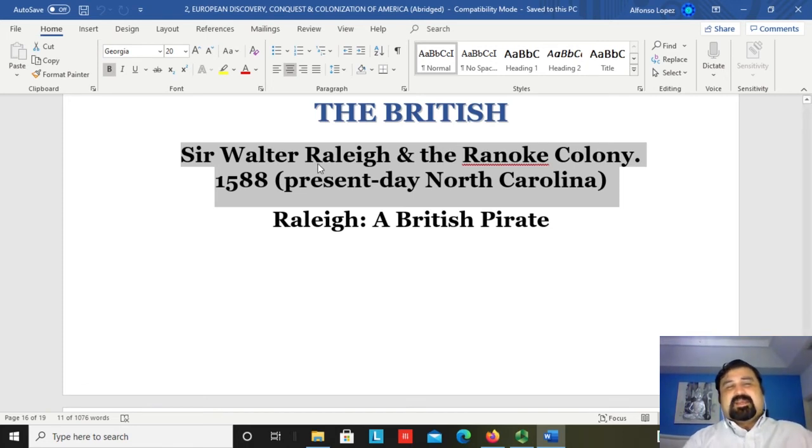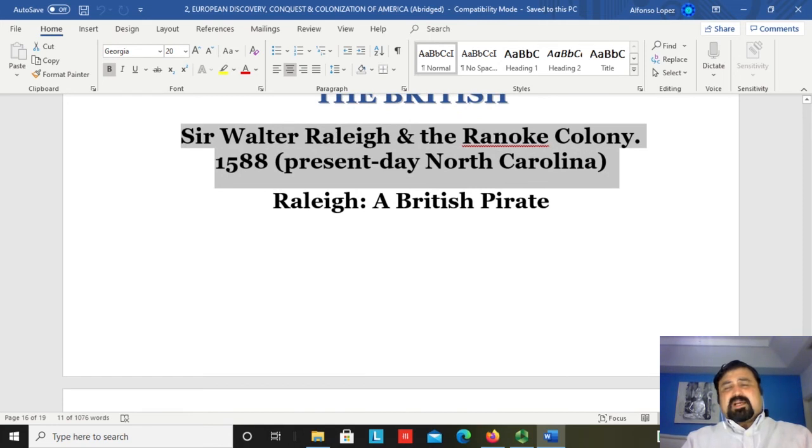And they commissioned Sir Raleigh, a British pirate, of course, to build a community, in this case, a military fort, in 1588, in North America, as close as possible to the Spanish colony of Florida. That will serve as a launching pad, if you will, for the British pirates to launch their operations. Okay, so Raleigh is now commissioned to build a colony,